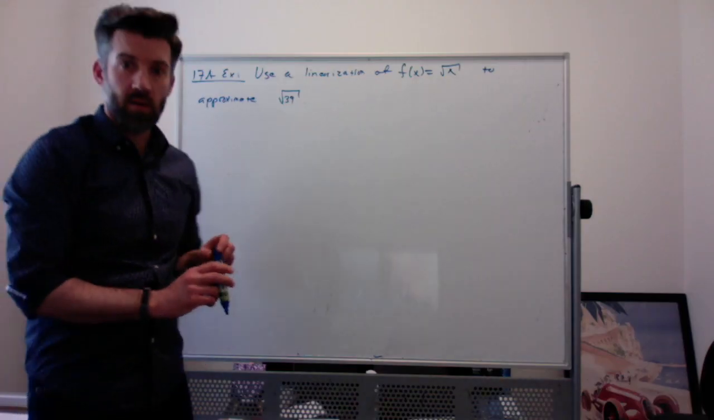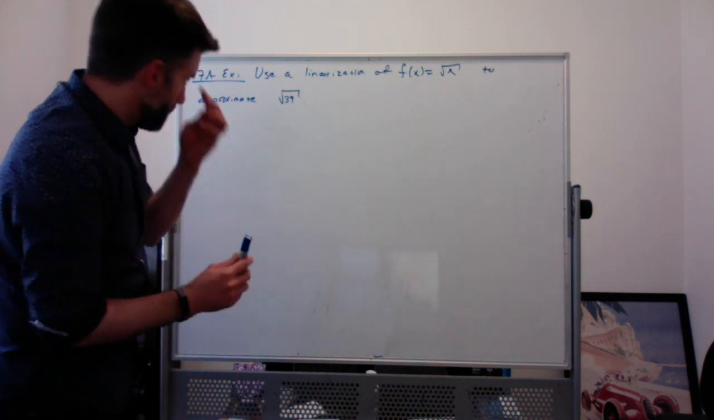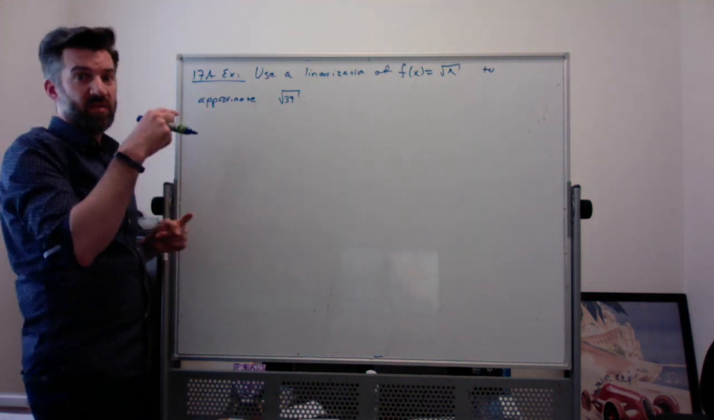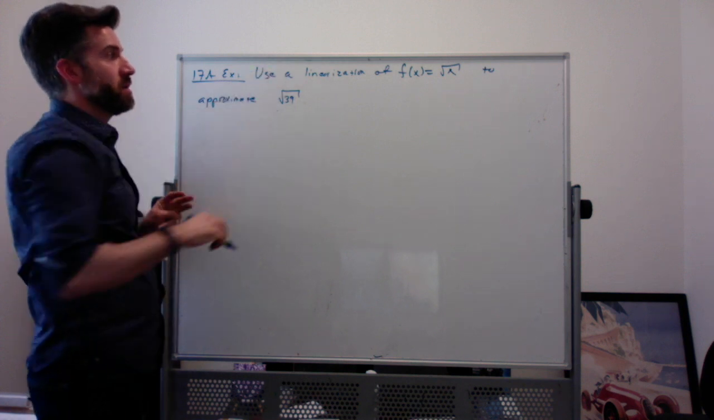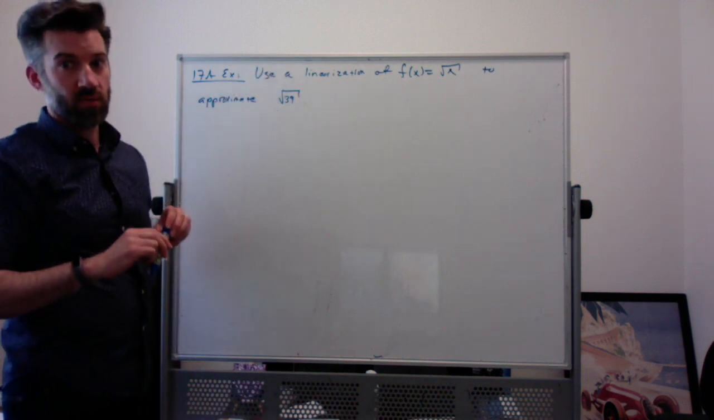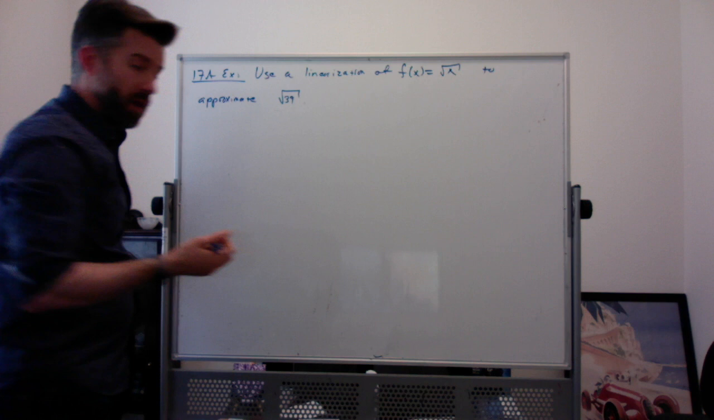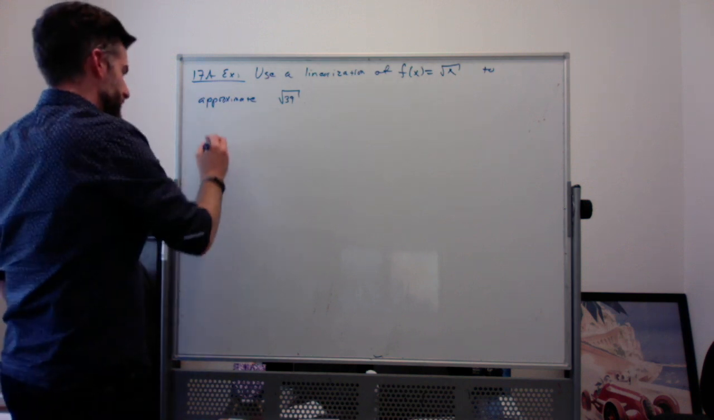Let's talk about linearizations and tangent planes. So first, an example from 17a. Use a linearization of f of x equal to the square root of x to approximate the square root of 39. I'll remind you, the idea behind this is,